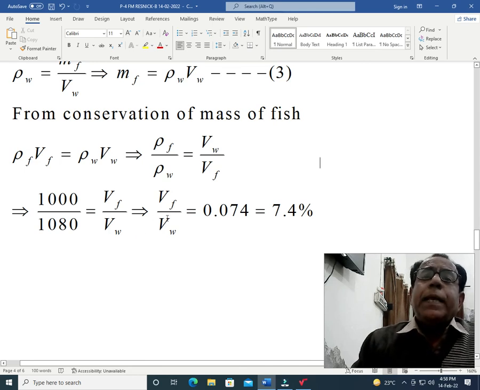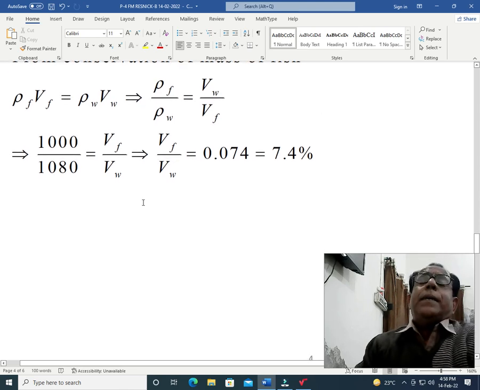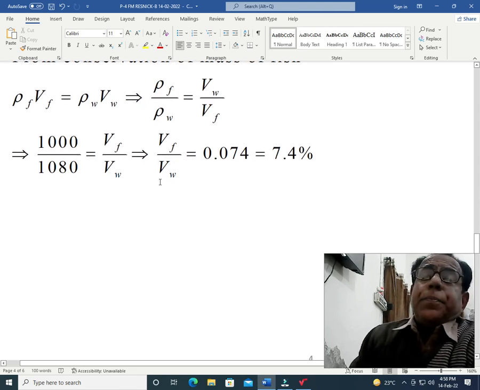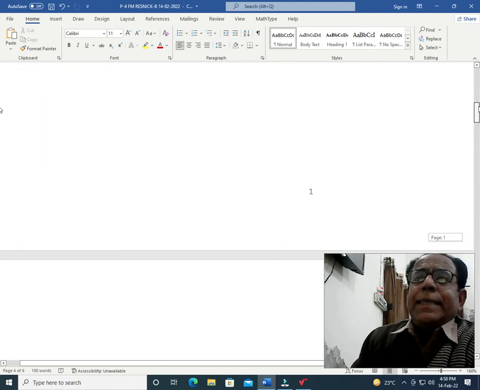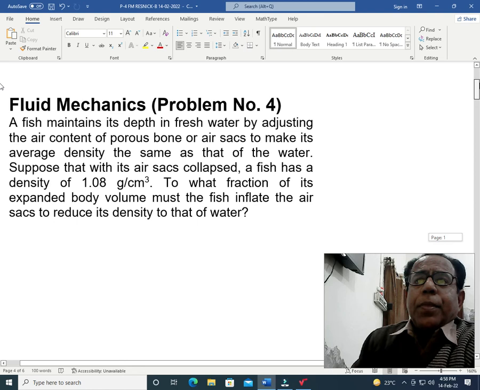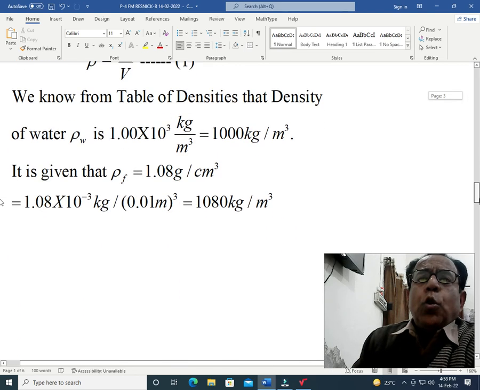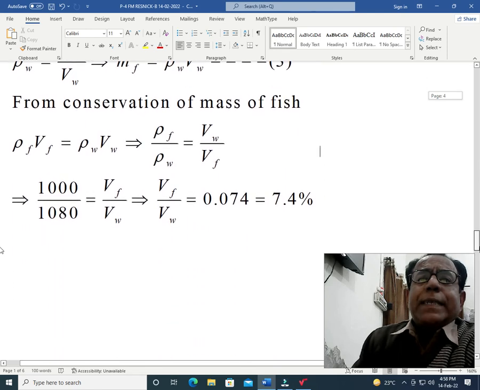Then in the next step we have used the value of density of fish and density of water, from here the fraction, as in the statement given. So here fraction Vf over Vw becomes equal to